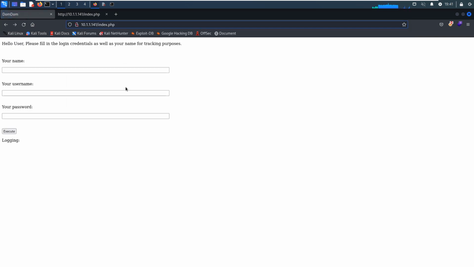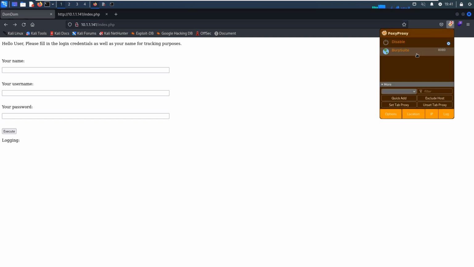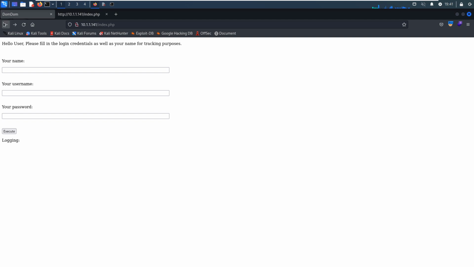It's time to do some deeper analysis of the requests between the client or browser and the web application. Let's turn on the proxy to Burp Suite, so that all traffic will go through Burp Suite. In the meantime, we can launch Burp Suite.